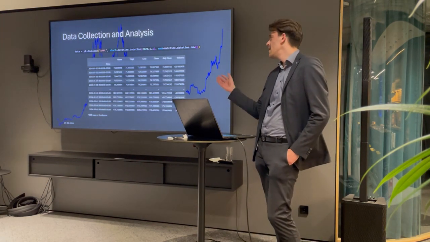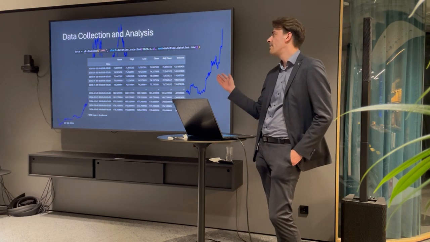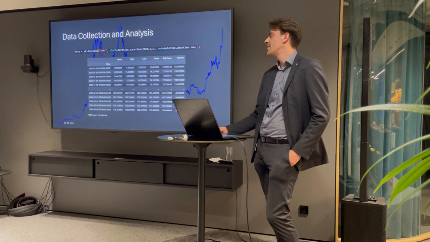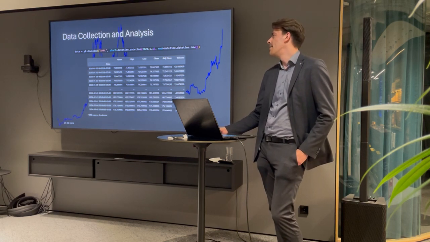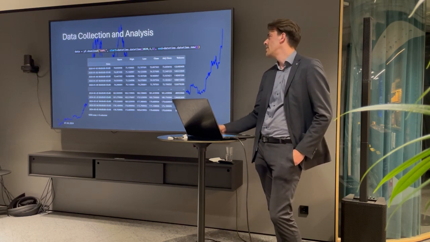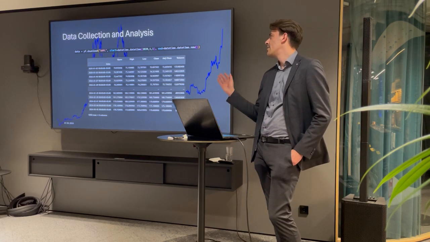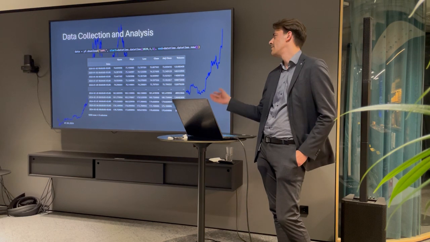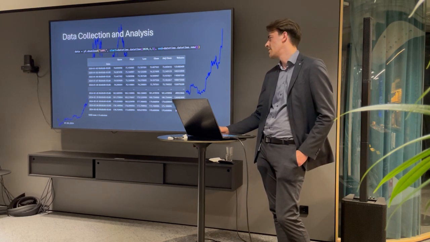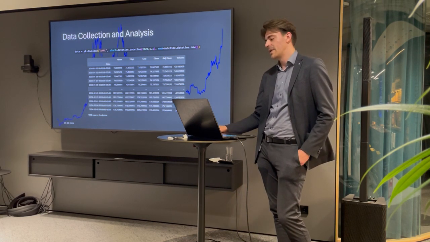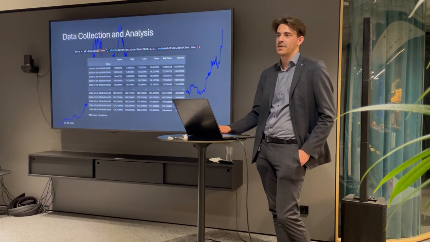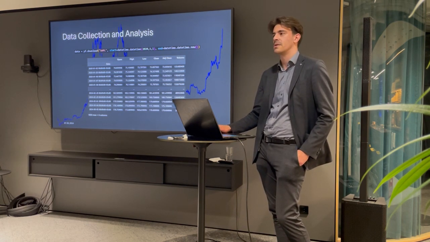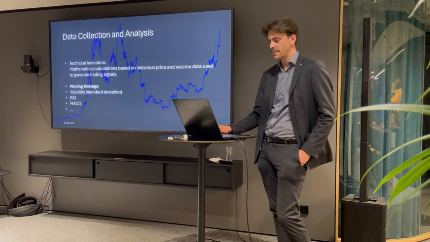So normally when you get data, I've written my program in Python, and it's quite easy to get financial data. What we see here is the prices of the Apple share in the period from 2020 to now, and we see that we just get a data frame containing a lot of rows, and from there we get our financial data, which we can use to build our strategy on or to train our machine learning model.